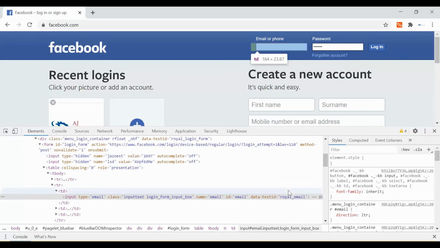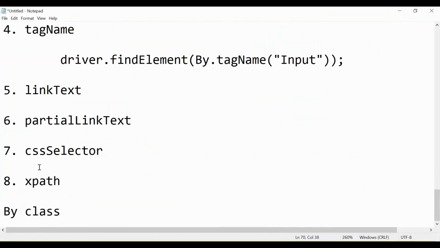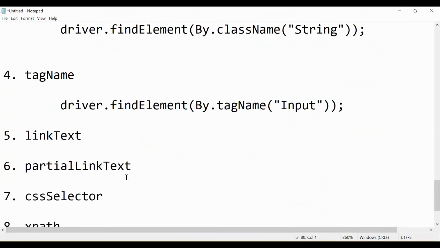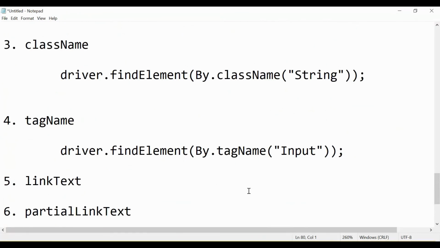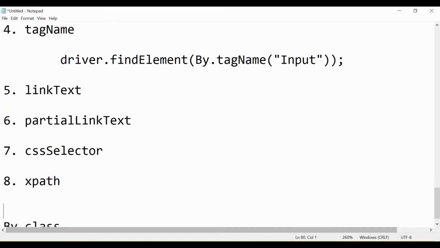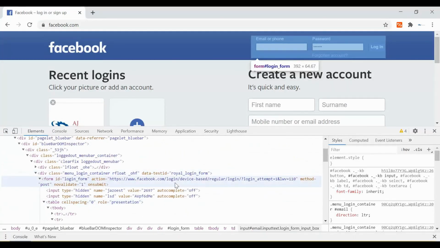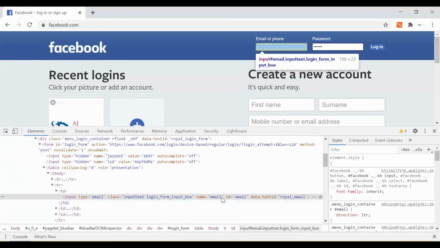So what if that field or web element does not have id, name and class? At that time, you need to use either CSS or XPath. That happens most of the time. Ideally id will represent only a single field on a web page.